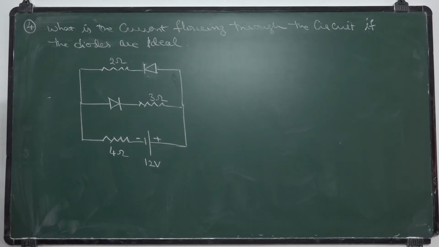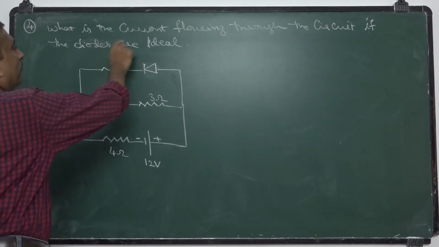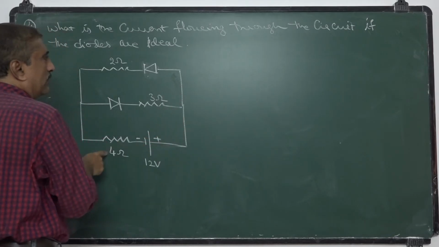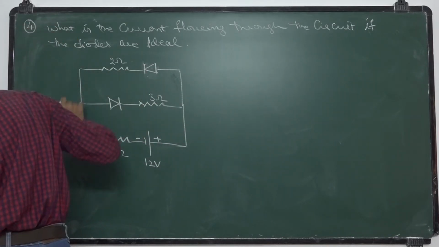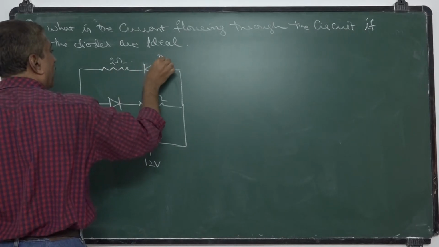Okay. Now calculate the current flowing through this circuit, given that these diodes D1 and D2, this is D2 and